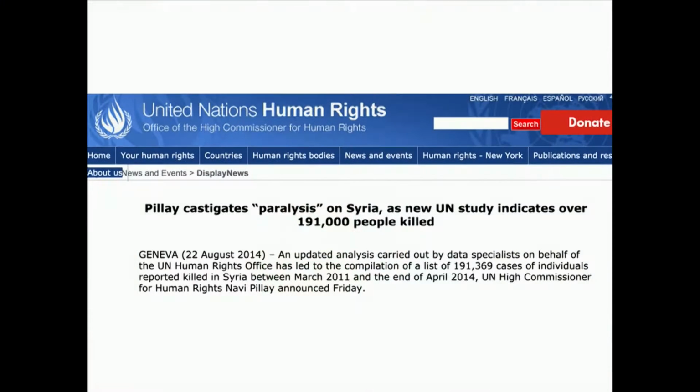To get into our specific example this morning, this project started in 2012 when the United Nations Office of the High Commissioner for Human Rights came to us and said, we have these 4 different sources that are recording information about people who've been killed in Syria. And that's a little unusual for us. Usually we have one trusted partner on the ground who provides us with information. We're not really sure how to make sense of this particular data landscape. And so they asked us to help them analyze and describe these 4 different data sets.